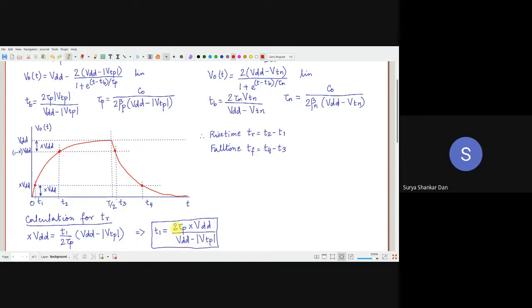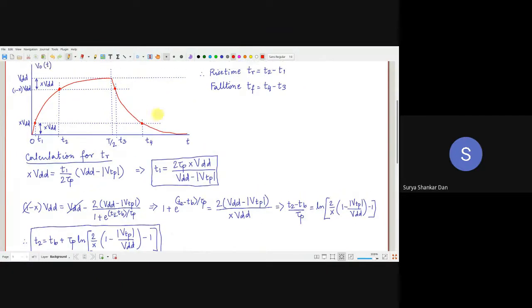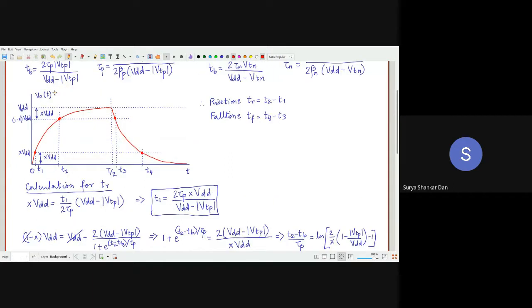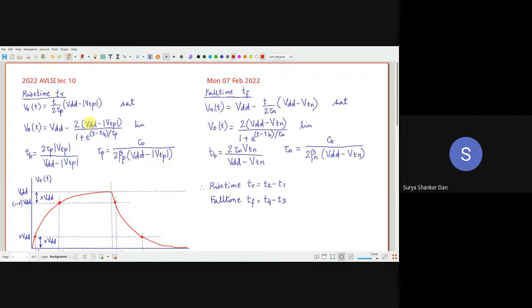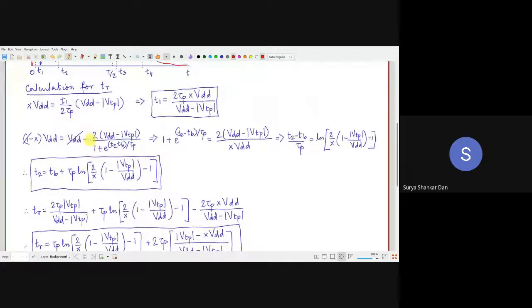Then we will go for T2. Clearly, for T2 we will select the equation for the linear region of operation, which was derived in our previous lectures. All we will do now is, instead of VOT, we will put 1 minus X VDD, and instead of this T over here, as you can see I'm highlighting it, this T becomes T2. That's exactly what I've done here. This is T2, this is 1 minus X VDD. Then this 1 into VDD and this VDD will cancel. This minus and minus will also cancel. So you are left with this simple algebra, and finally you reach this expression for T2.